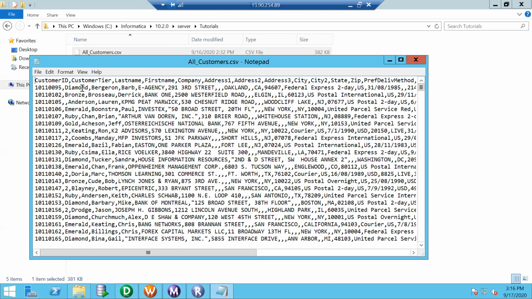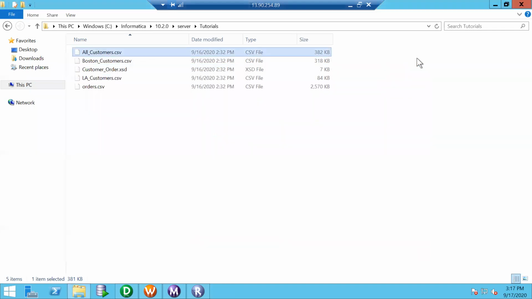When Informatica reads customer type, it tries to read from the 11th character. So if we don't provide spaces after customer ID in the case of fixed width, it will be a challenging thing because it might result in losing data. We will see both examples of how to configure fixed width as well as delimited.